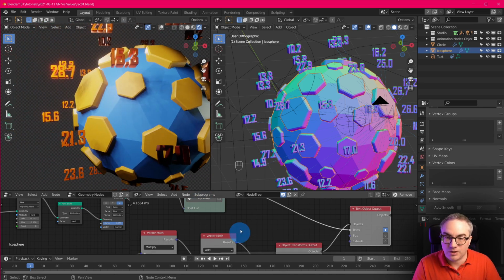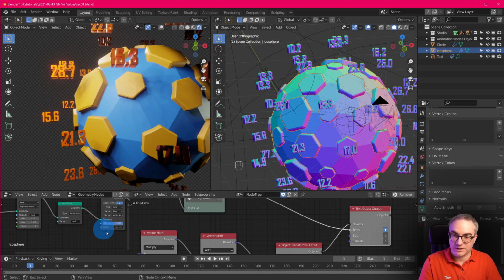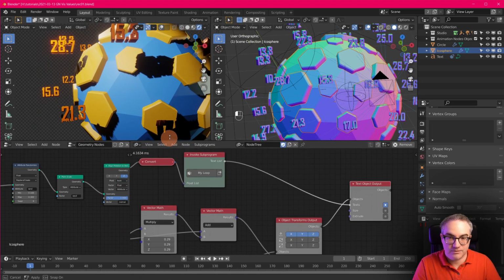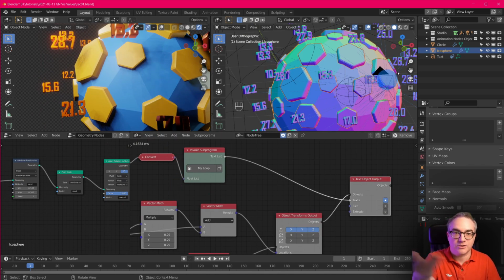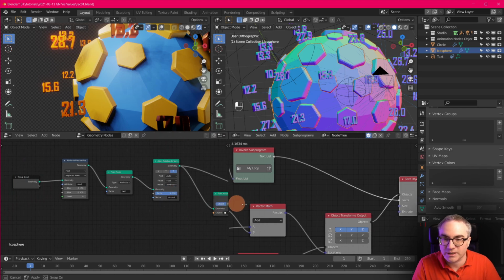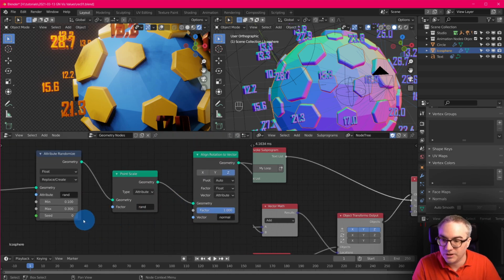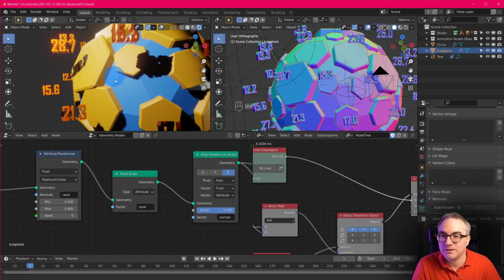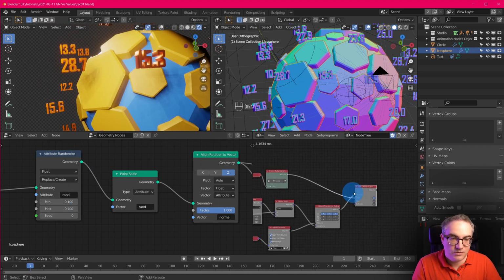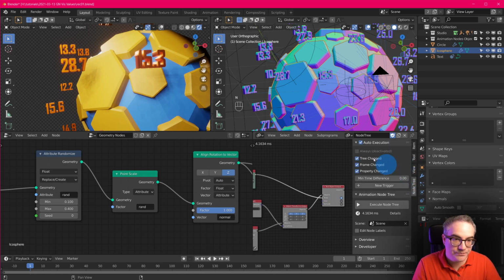Okay, so now we have visualized our geometry nodes attributes in the viewport, and of course the render, because these are real objects now, you can just render them out. And if we go back here into geometry nodes and we play around with this a little, maybe make 0.4 the biggest one, and then we have to